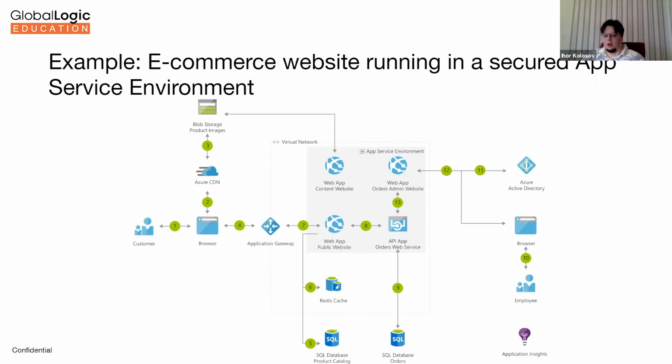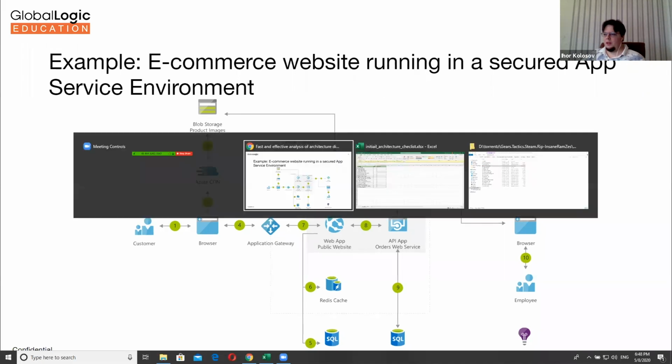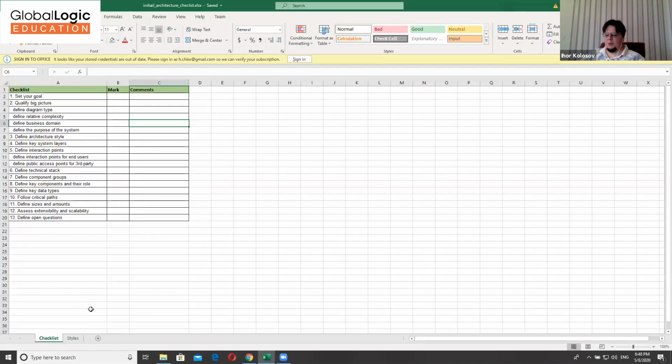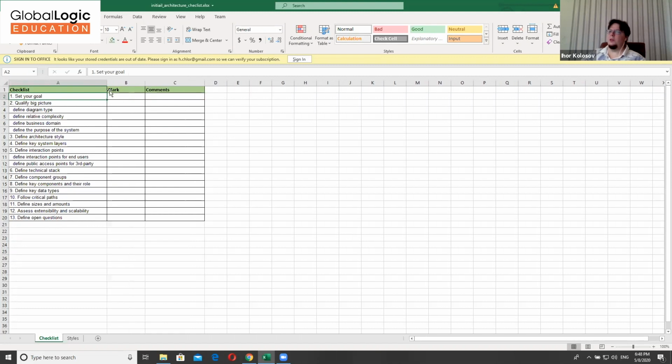Okay, so let's take a look at a simple XML file. Actually, I've transitioned this kind of checklist into an Excel file. It's not something you should follow, but it is something that I usually do. For demo purposes, I will use just marks, but usually during analysis, I write down some comments for each step,